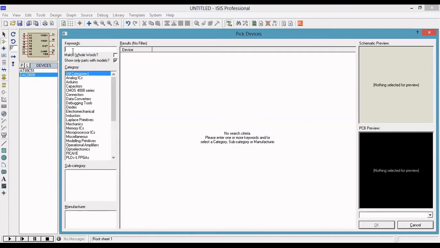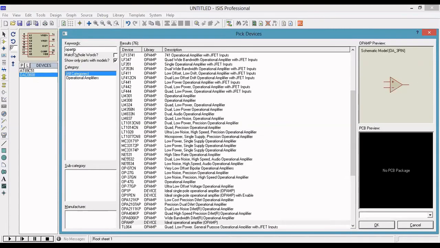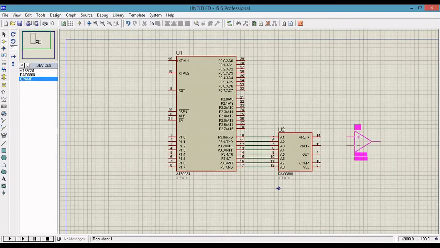Next select the operational amplifier. So now the I out is directly connected to the operational amplifier negative terminal.